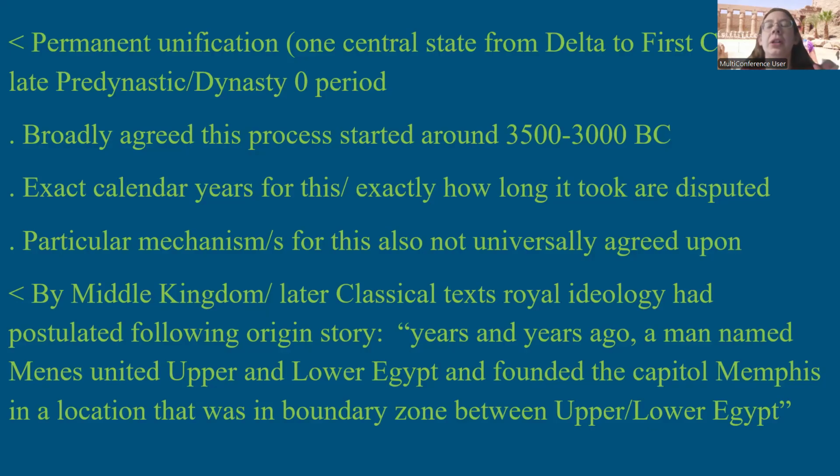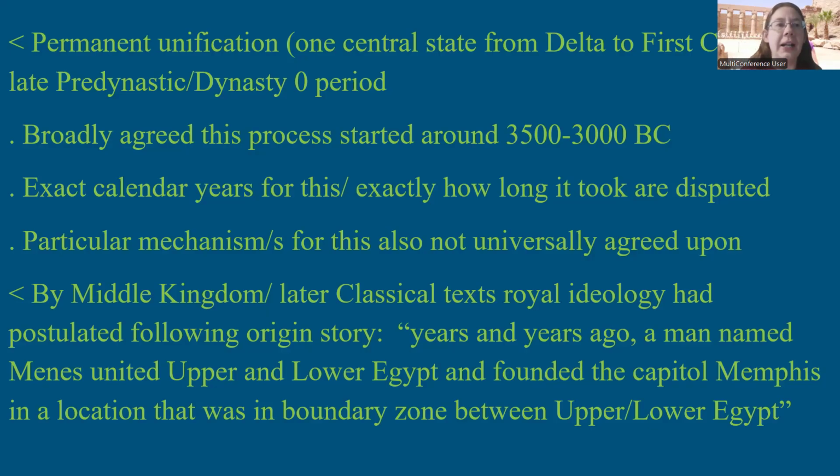Once you have unification, somewhere at the end of Naqada 3, you then start with the early dynastic period. That starts Egypt's existence as a unified, independent political entity. As I said, the rulers and exactly how long this process took is something that's still being figured out and probably will never be fully figured out.